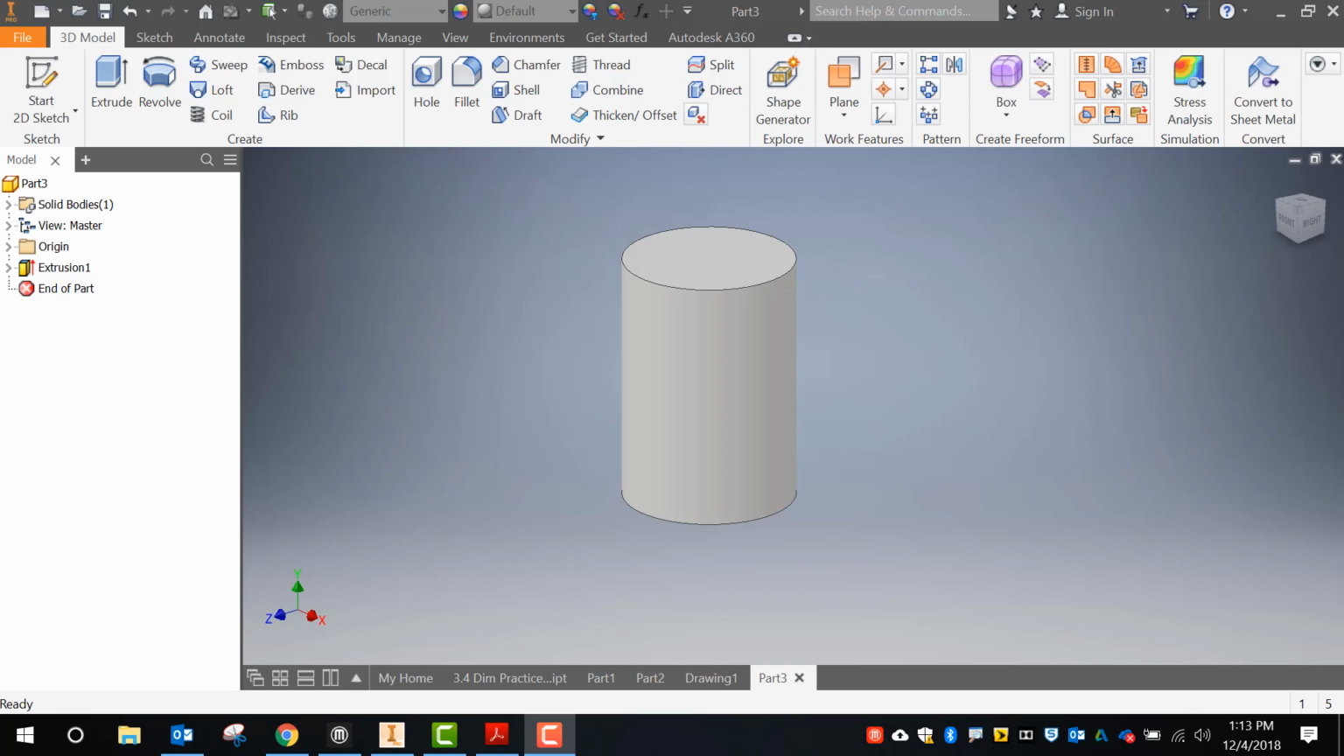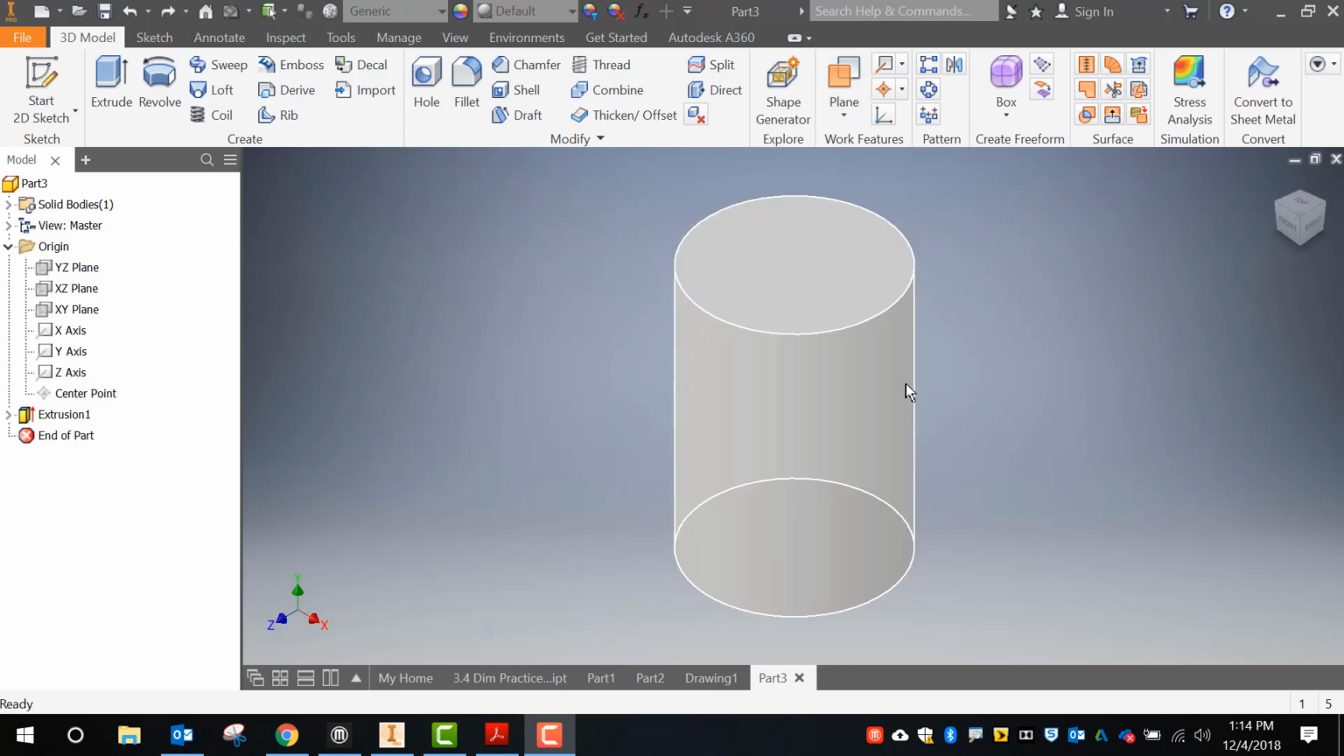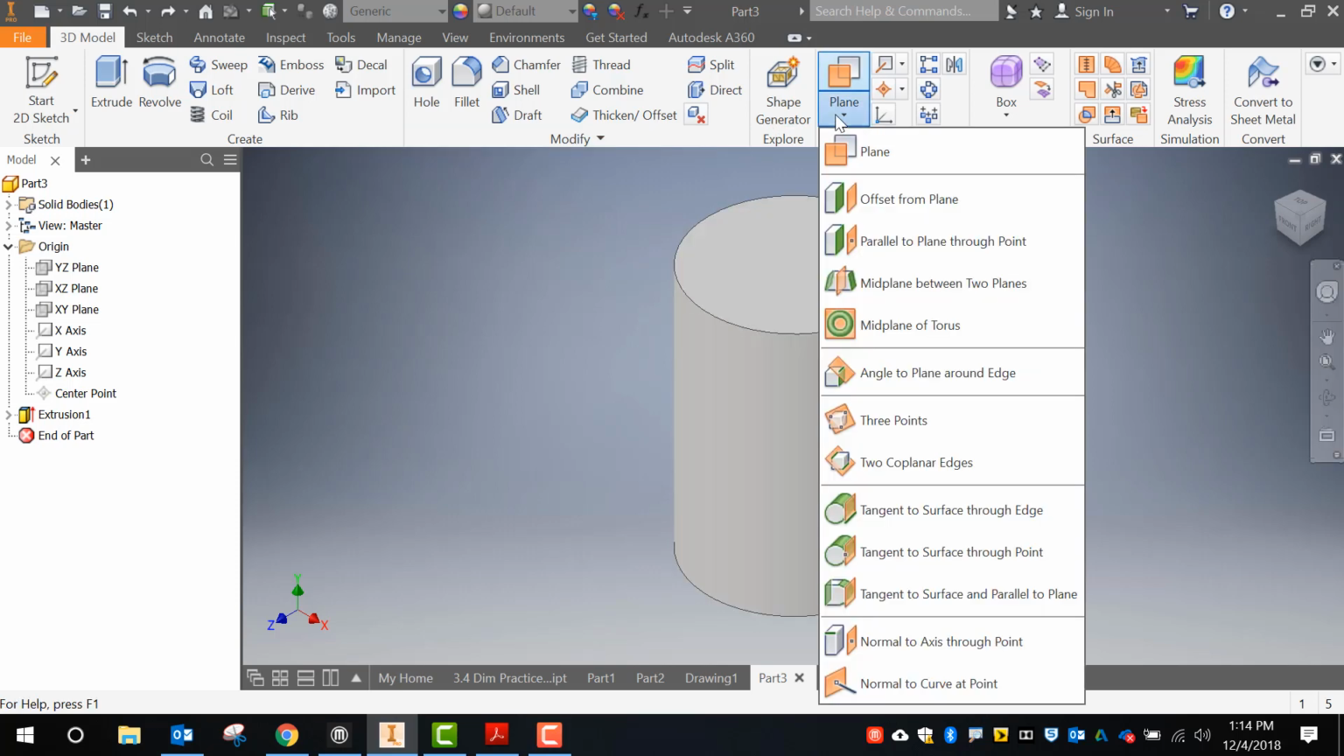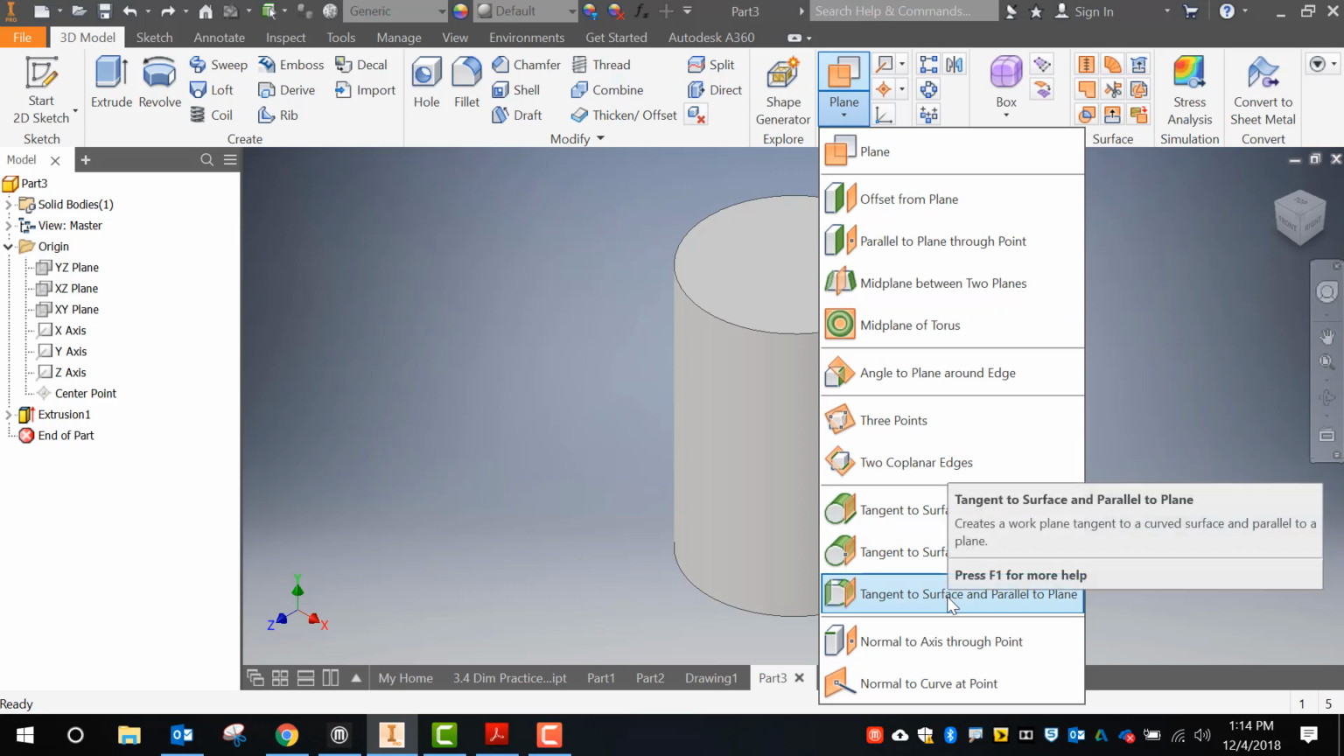Okay guys, here is another embossing and engraving tip for you. Let's say you wish to put embossing or engraving on a non-flat surface. How do we do this? So we're going to start out with our handy dandy cylinder. And the first thing I am going to do is put a plane on the actual surface edge of my cylinder. So I'm going to go to plane and I'm going to choose tangent to a surface parallel to a